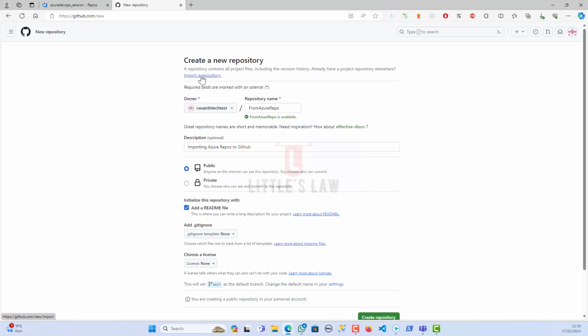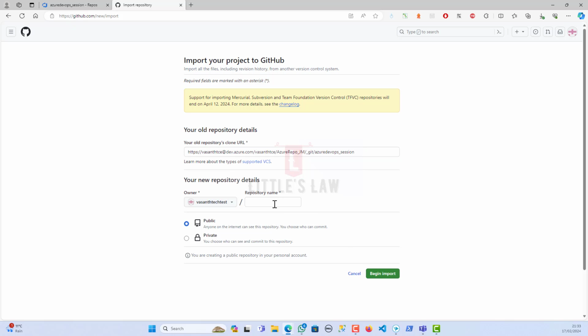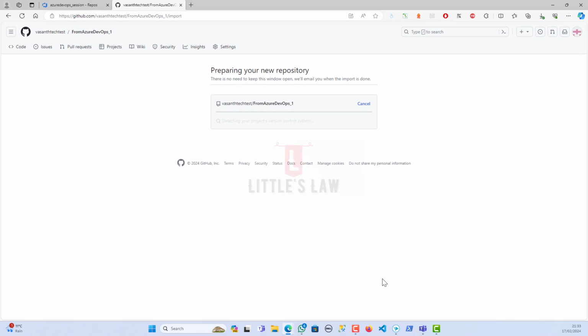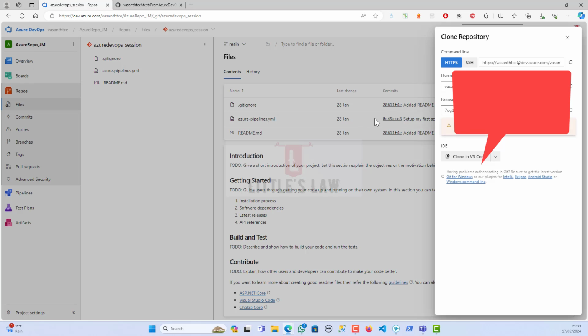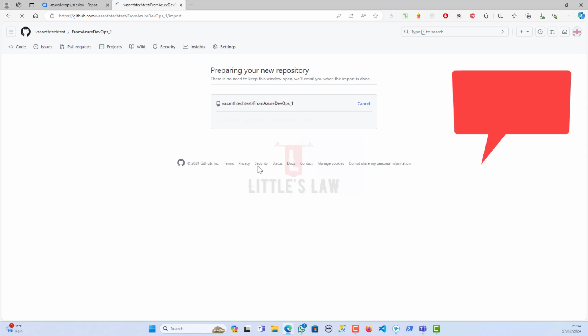When I click on import a repository, here, if you remember, I have copied a URL, so let me copy it again and paste it here. I've got the URL, and now we have to give the name again. So let me give from DevOps _1, because this is how it works. After clicking on import, you have to give the URL, give your repository name, change it to public, and then when you click on begin import, it will ask you for the credentials. For this you have to choose your username and then the password. I'm going to paste my username and then the password, which is the private access token, and when I click on submit,